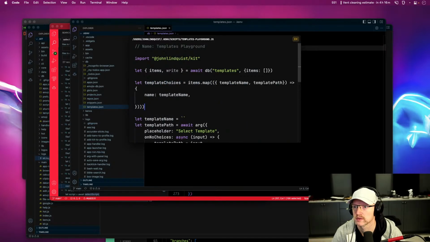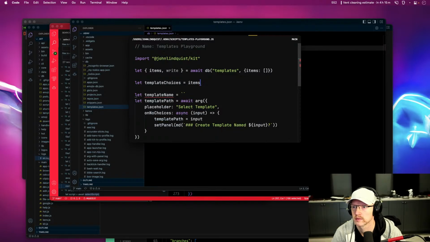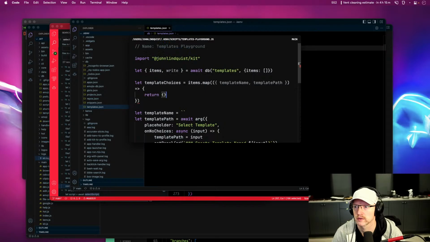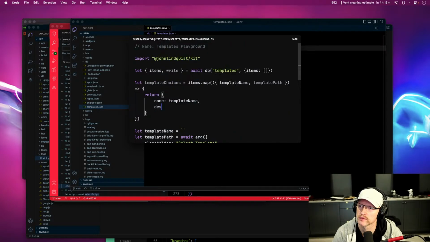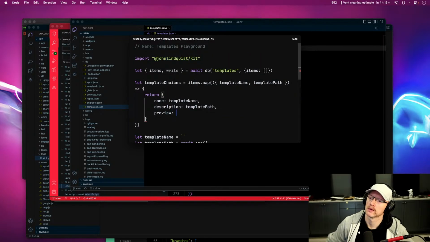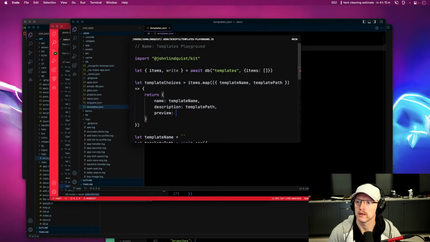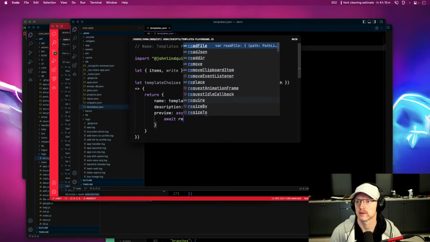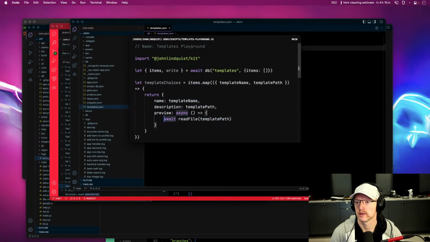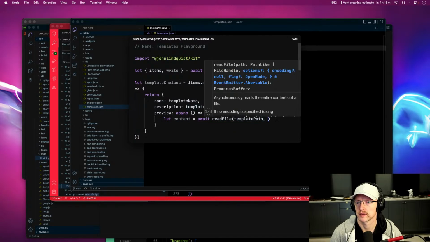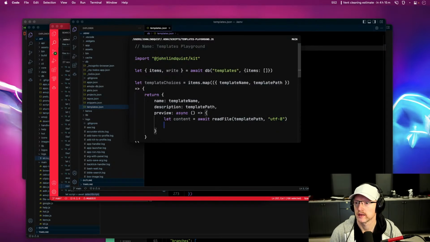Template choices. Template name, template path, return name is template name, and then description, oops, can be the template path, and then the preview can be the read file, template path, contents, and then